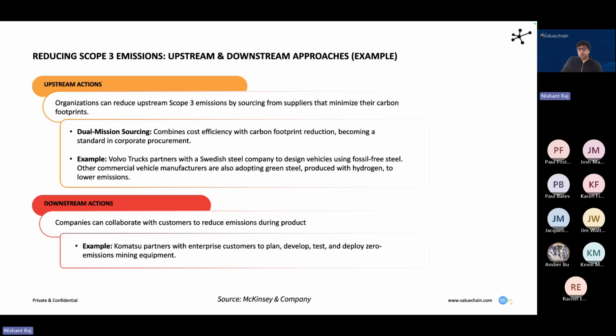You can have a more long-term strategy in terms of building alternatives and finding that balance. Whereas if you see that a lot of your upstream scope 3 emissions are happening specifically with components that are non-critical, then